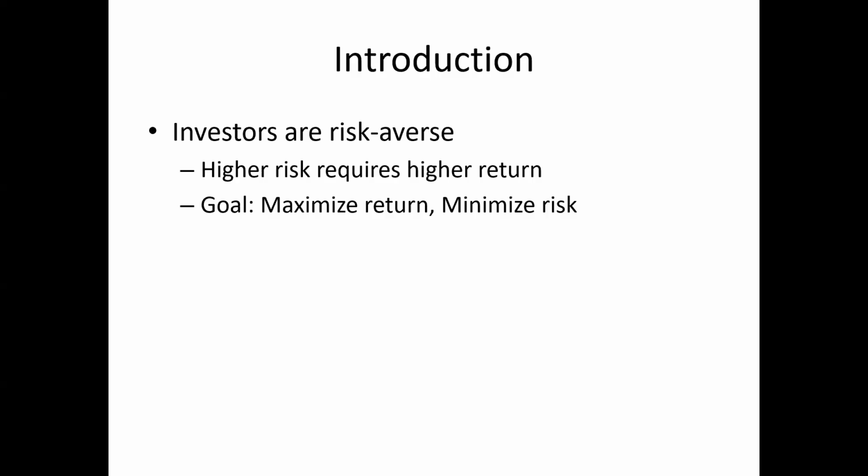Every additional risk you take needs to be compensated for. That's why you are being compensated by being given a higher return. Now the purpose here is for us to maximize our return and minimize our risk